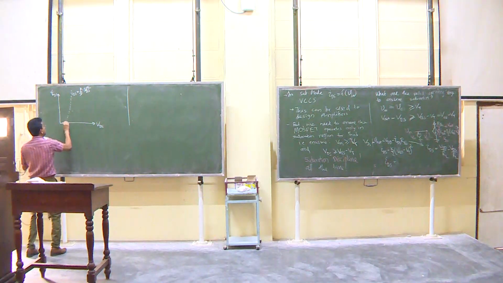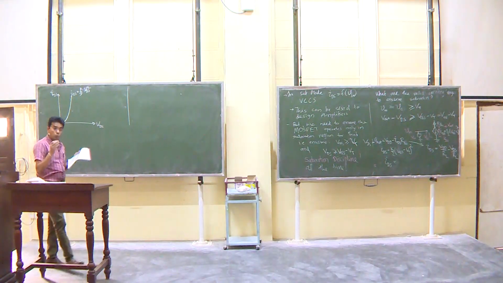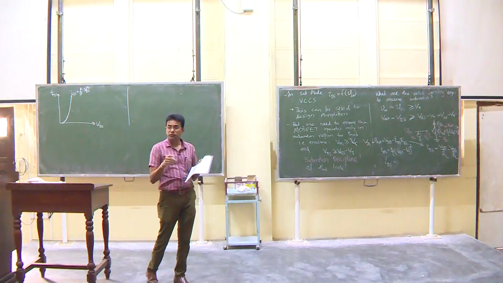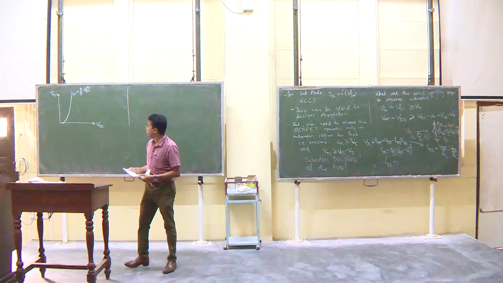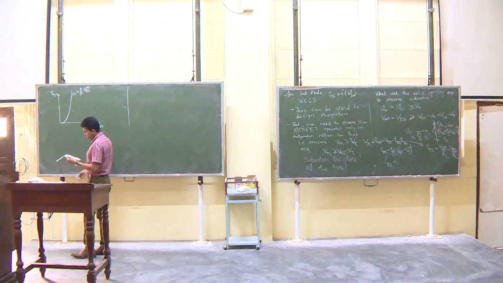So this is basically a line. Why VDS? We know if VDS is greater than the overdrive voltage, it will operate in saturation region. This is basically a quadratic equation in this,